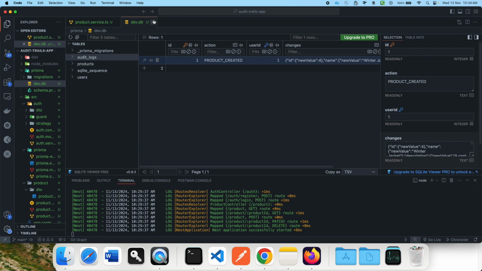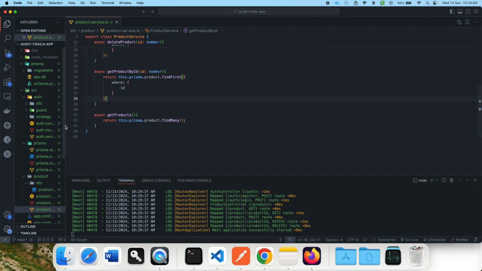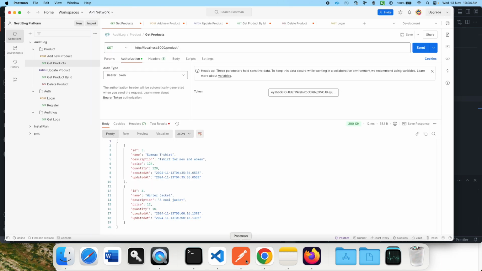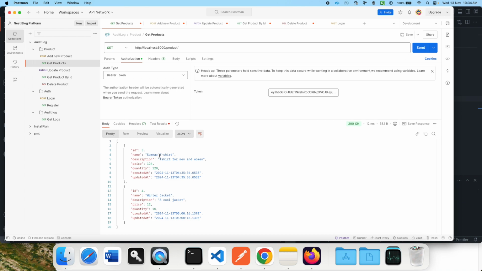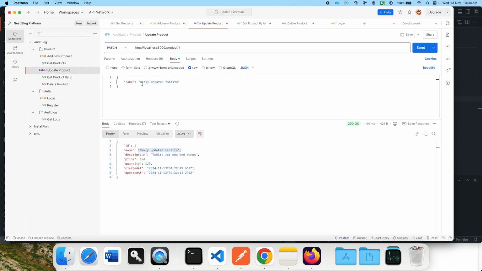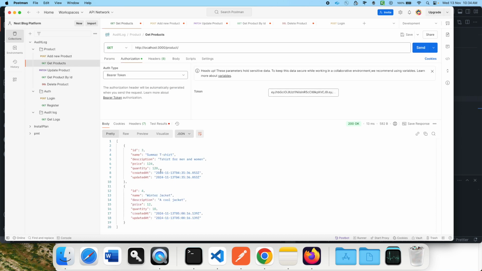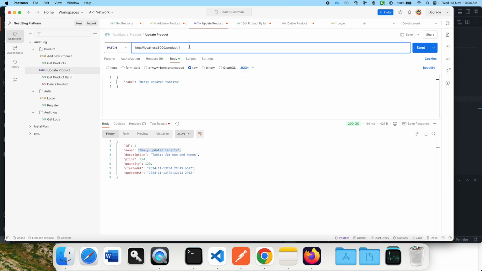So before we finish this tutorial, what I can do is try all the other processes. Let's say this update one. Right now, these are the two products we have. So again, if I update it to newly updated t-shirt, then what will happen? Do we have product ID 1? No, we have 4 and 3. So what we can do, we can update the fourth product,